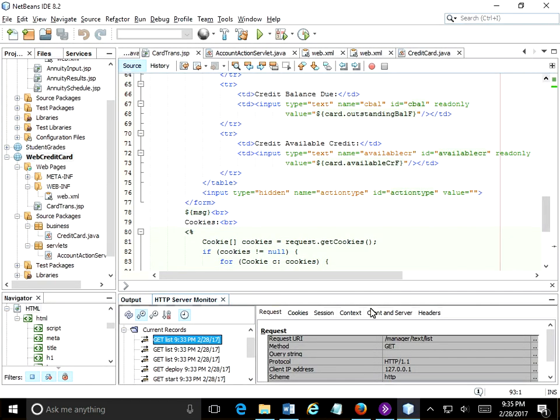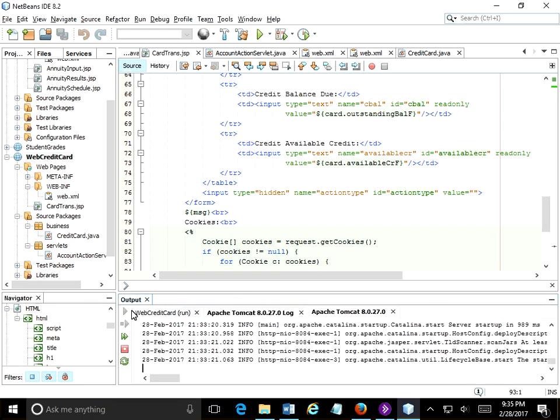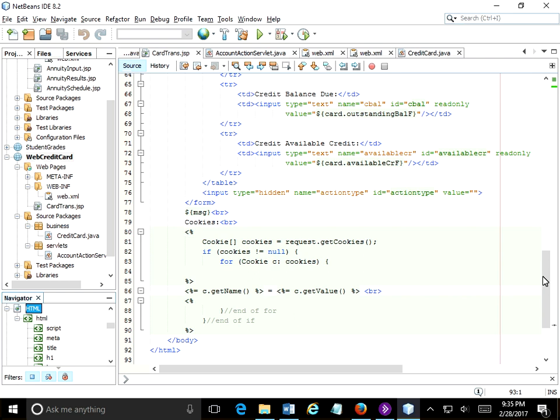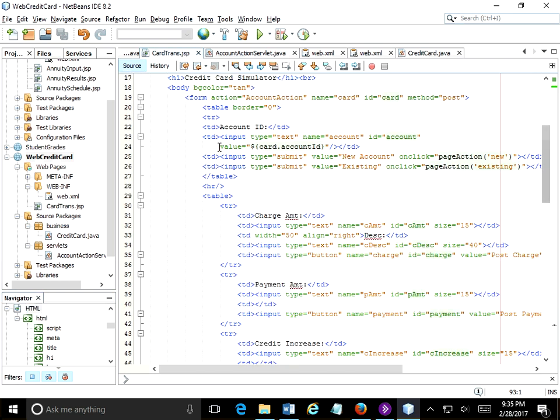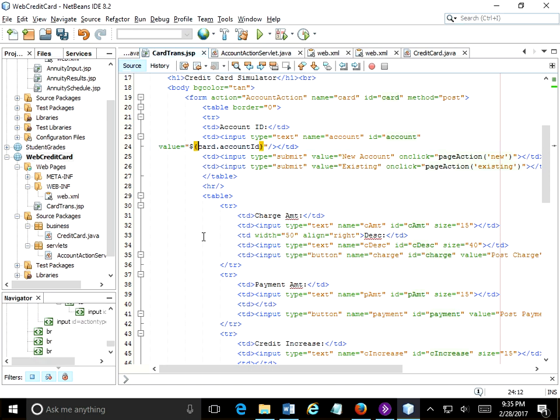Back in my value clause for the account ID display. This is going to get much longer. So here I'm going to move it out to the left a little bit. The expression language actually has an if, essentially, in it. We can ask,